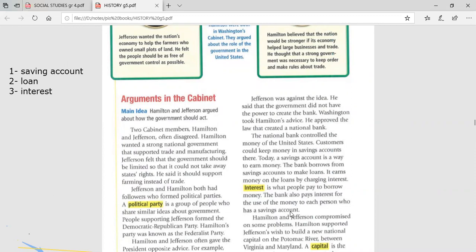Okay, Habibi? Okay, Miss. Yes. Okay. And this extra money, the bank divides between the bank itself and the person who has a savings account, because